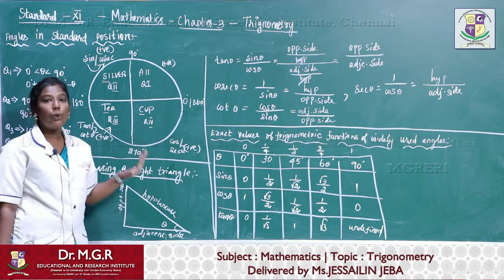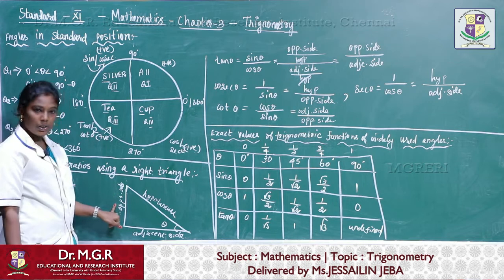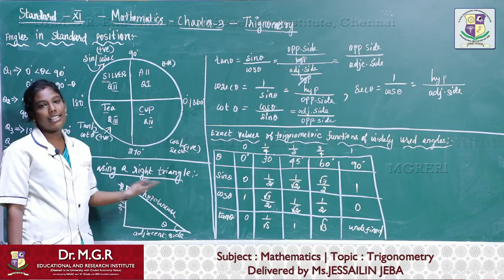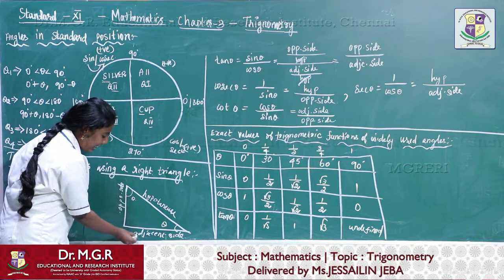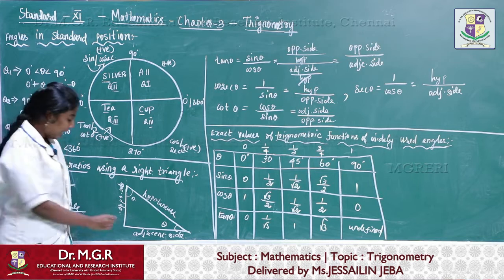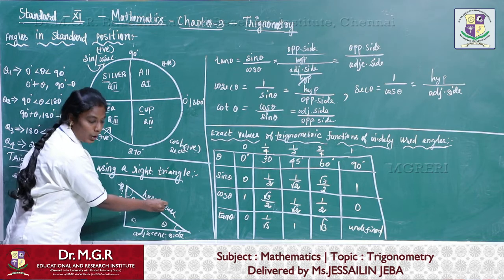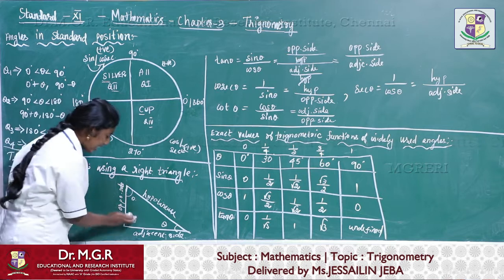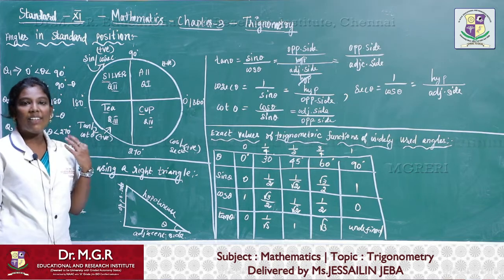So first we have to position the opposite side, which is opposite of theta. Then the side adjacent to theta is the adjacent side and the rest of the side is the hypotenuse. If theta is in this side, this is our opposite side, this is our adjacent, this is our hypotenuse. If this is our theta, then this is our opposite side, this is our adjacent side and this is our hypotenuse. Is it clear?